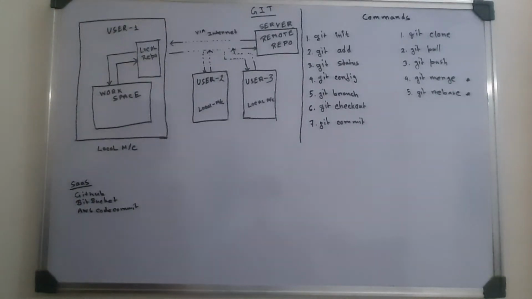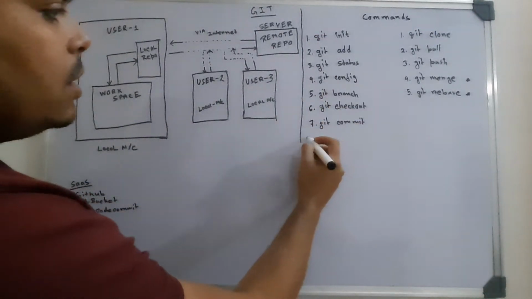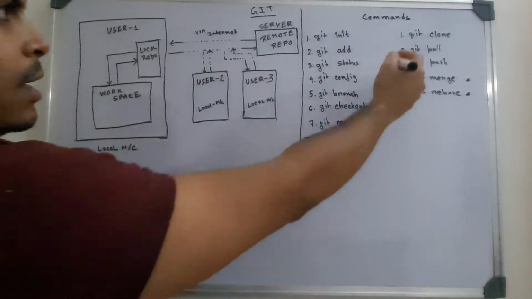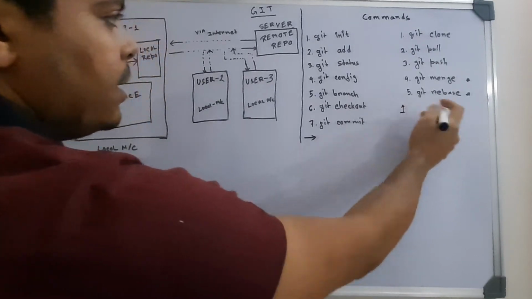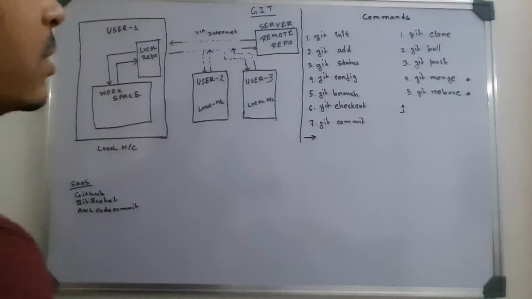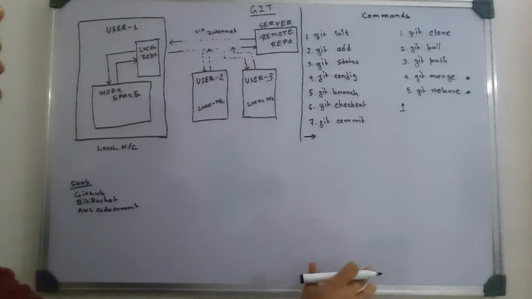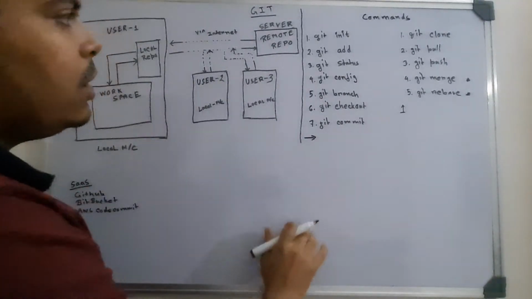And now we'll talk about some of the basic commands which we use on a day-to-day basis to work with Git. I have listed a few commands; on this side, all the commands are used in our local repository, and on the other side, the commands are mostly used to interact with the remote repository. There are a few other advanced commands, but we mostly don't use those on our day-to-day basis. So we'll talk about them one by one.